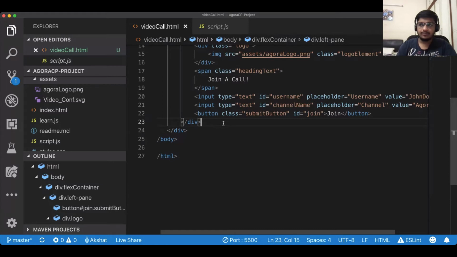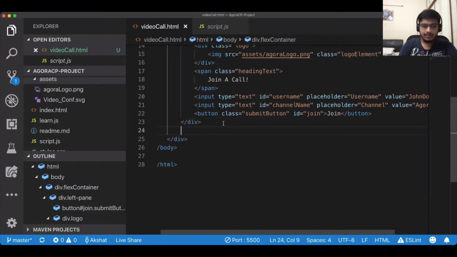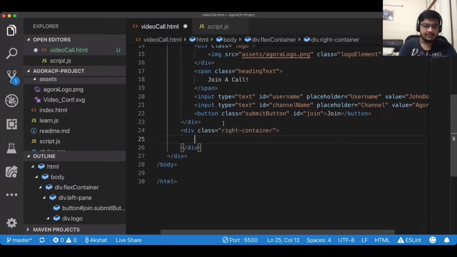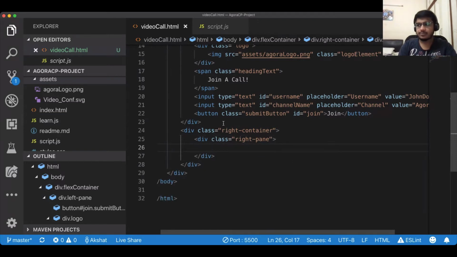So I'll just open another div dot write container. So if you see our previous index.html, which we had made the previous sessions, you will understand that these classes already exist, and hence I won't really need to write a lot of CSS. Right pane. Add the left pane, now comes the right pane.